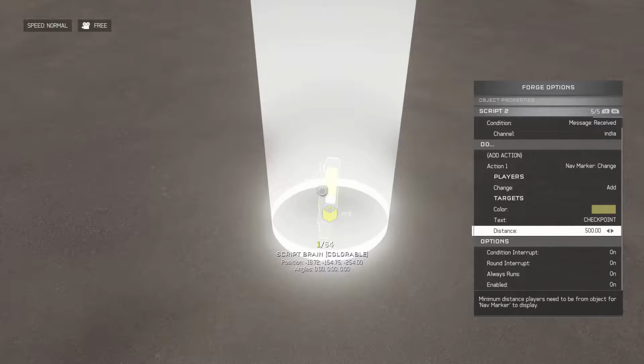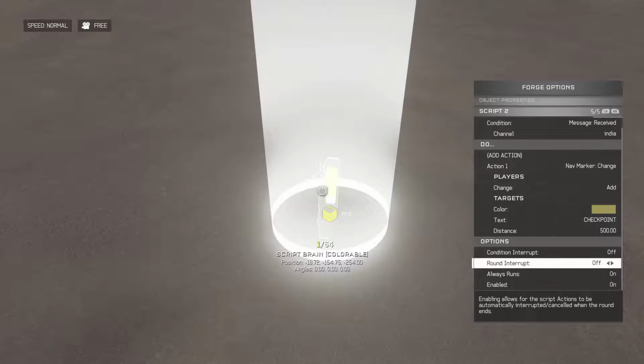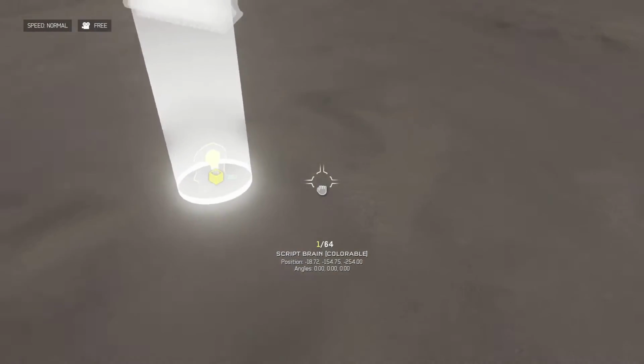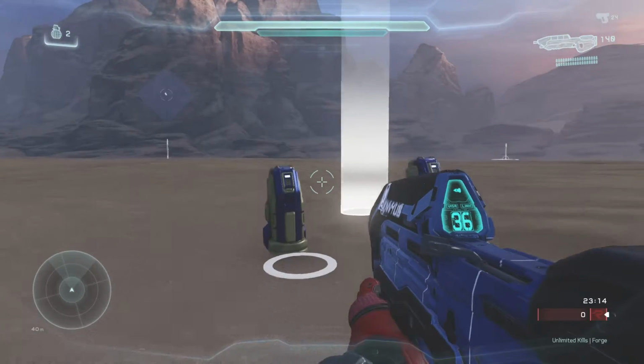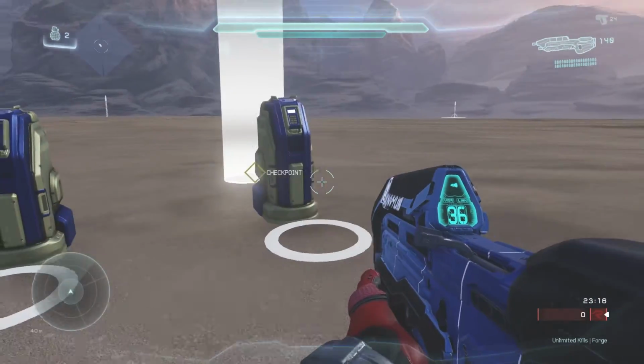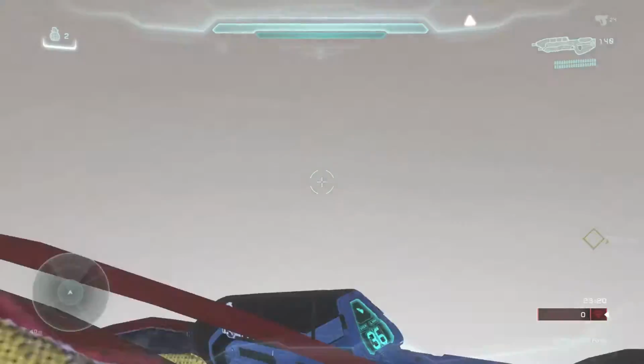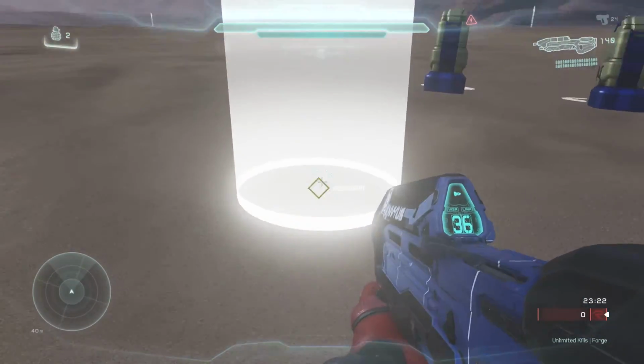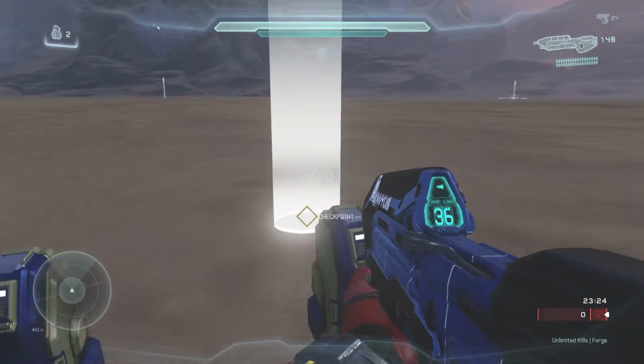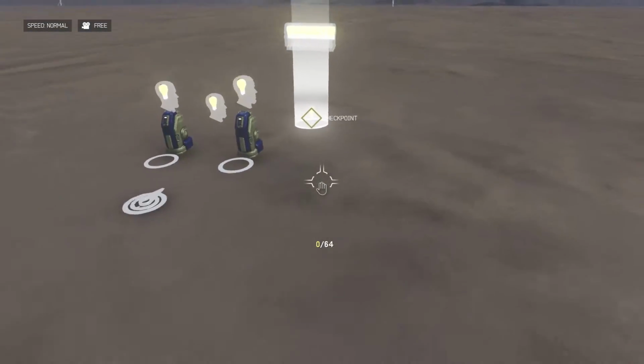Thanks, Tom and the Forge team, for doing this. It's amazing. All right, so on initialization, we get a nav point on that. Boom, checkpoint. And then when I run through it, what should happen is that nav point should disappear. But right now my spawn order is currently